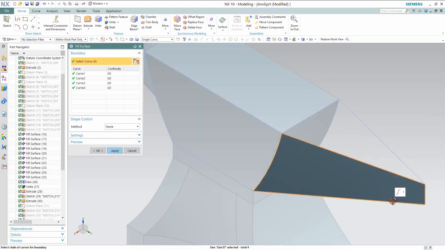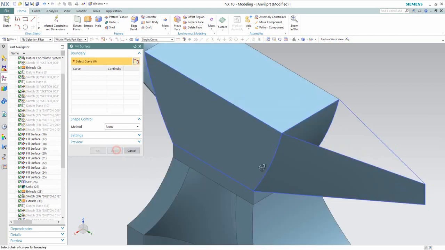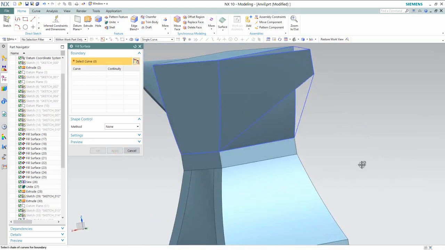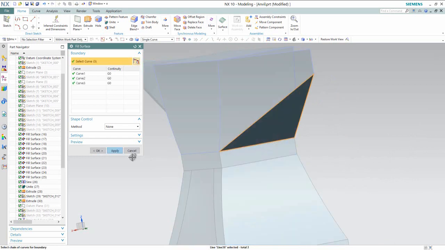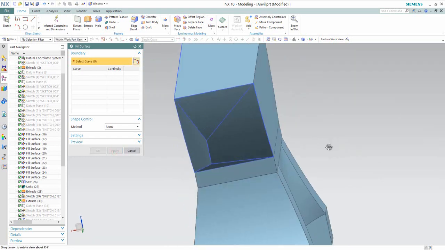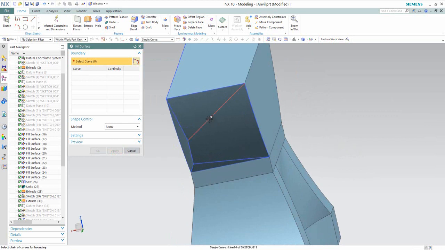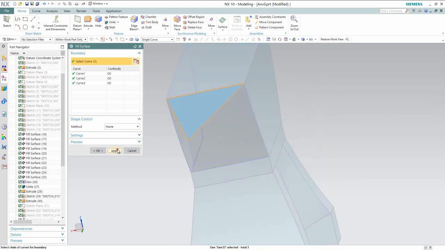Now we will create 3 more surfaces like this. OK, that's it.